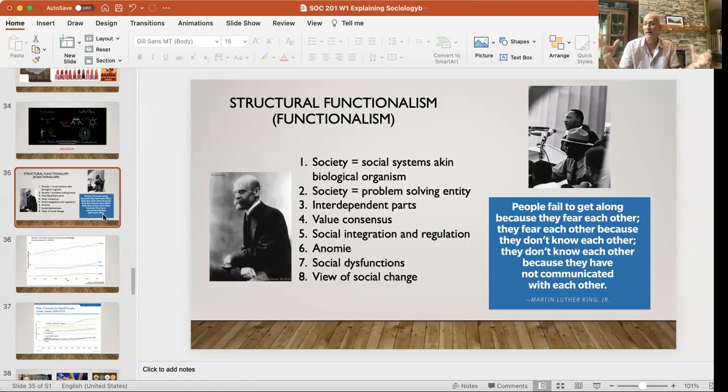Society has a lot of different parts, a lot of different institutions. Think about criminal justice, healthcare, education, the economy, the government. All these different parts are interrelated. They all impact each other. So it's this complicated ecosystem approach. There's an idea from a functionalist viewpoint of a value consensus. Democratic ideals, our democracy, our Declaration of Independence, our Constitution is an expression of our value consensus, the values that we share. Societies operate more effectively and are more stable when there's a shared consensus of values.